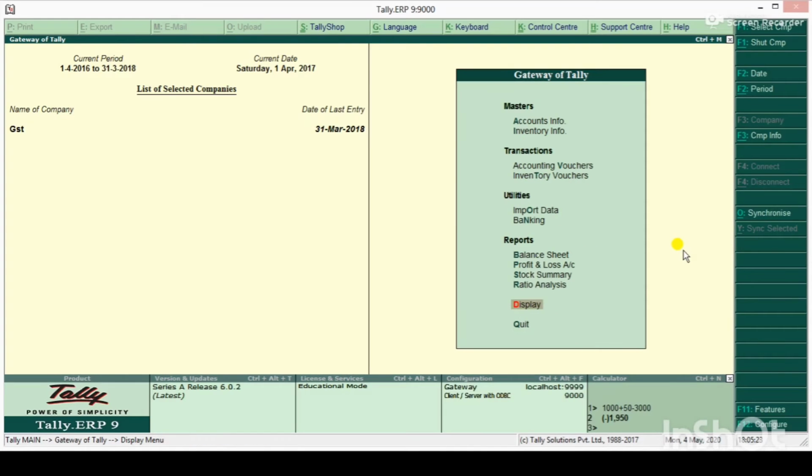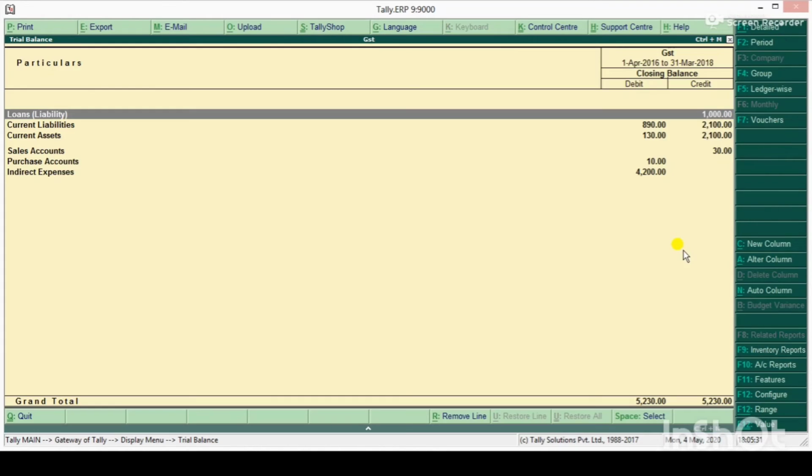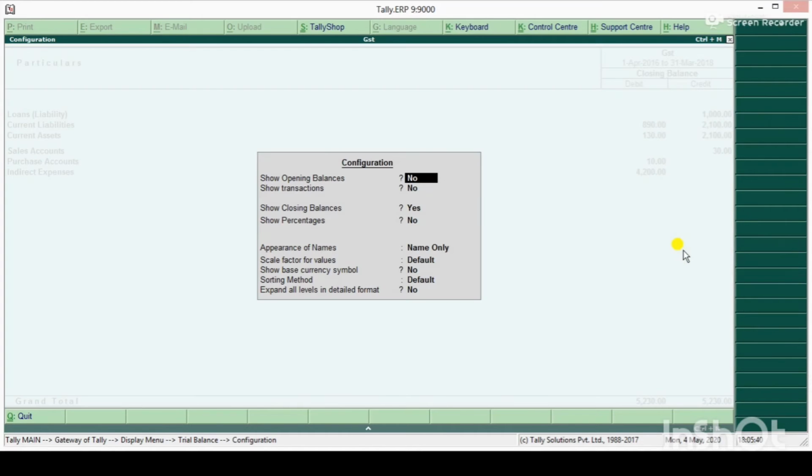Moreover, while checking various data you have to consider one thing also, for example while checking trial balance. Display trial balance, for detailed trial balance I have to press F12.